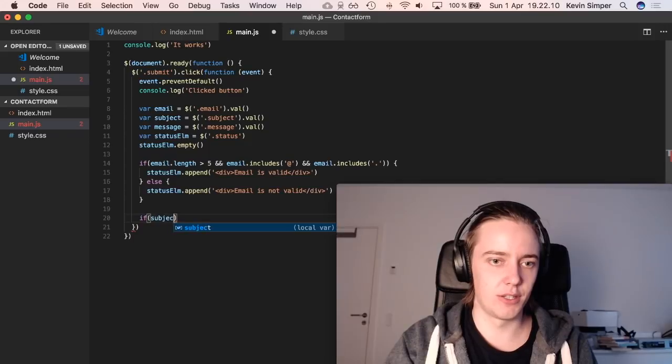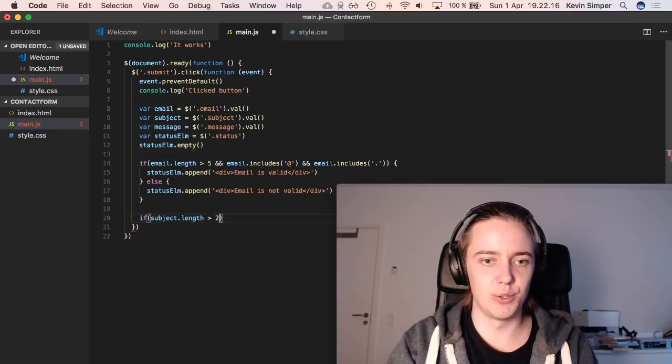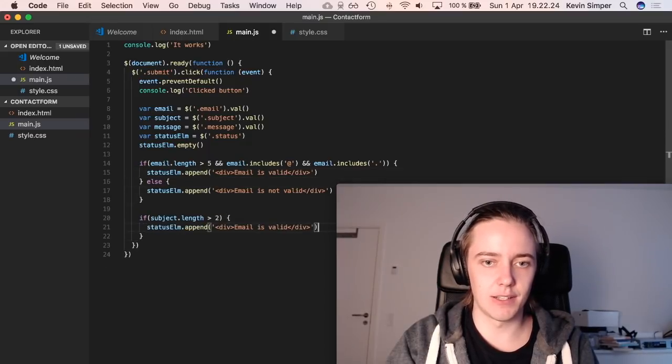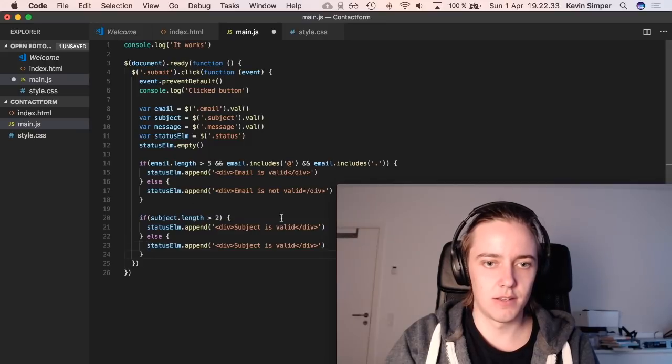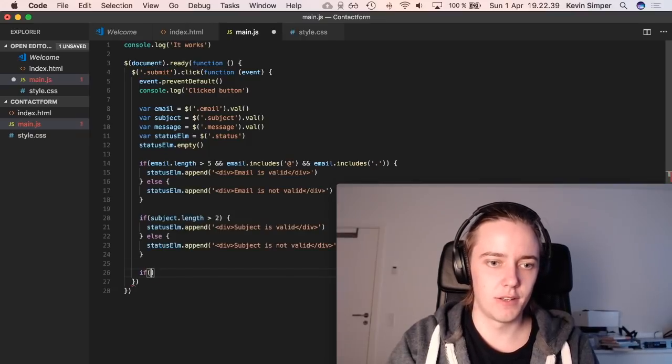So subject.length should be more than 2, or else we will say subject is not valid. Else, subject is not valid. And the last part, if